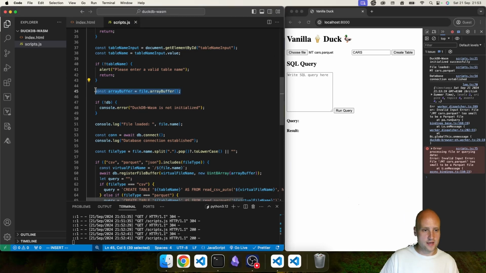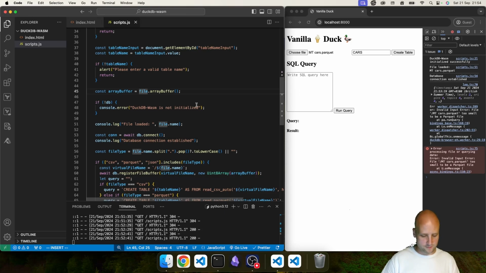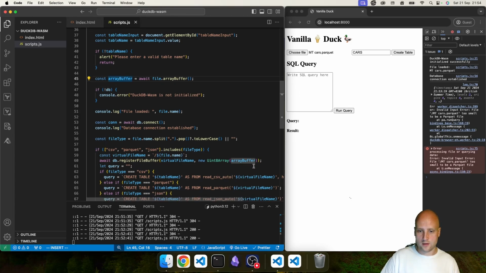Now if we just look over here at where we get the binary data from the file, there isn't an await here. Now that means that before this method array buffer has finished, the array buffer constant is being used to register the file buffer in the DuckDB virtual file system. So what we want to do to prevent this from happening is add an await here, and that means that this method has to finish before array buffer is used later on to register itself in the DuckDB virtual